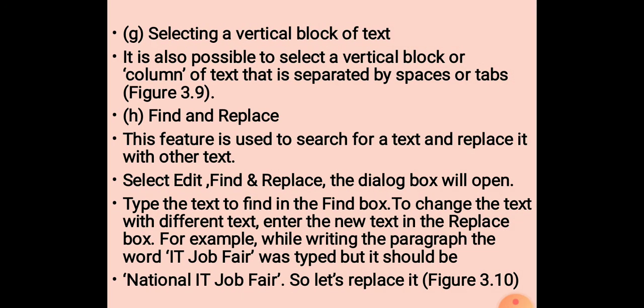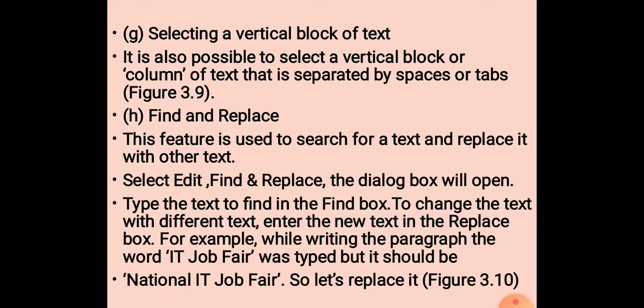Find and replace. What is this find and replace? You can find any text in the document. If you want to replace that particular text with some other text, you can replace it. For example, suppose the whole document contains the word India and you want to replace that word India with Bharat. Wherever India occurs has to be replaced with the word Bharat.